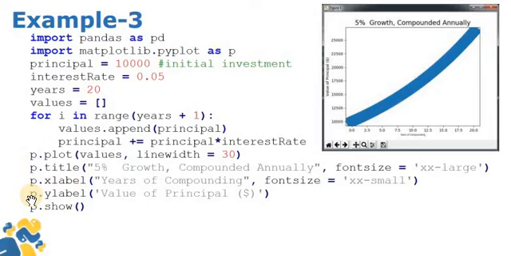In the same way, if we want to give the label as a y label, then the value of the principal, here you can see that it is printed on the y-axis. Now we are plotting the values, but if we want to show the graphs in our programs, how can we do it? We are using the method plt.show.